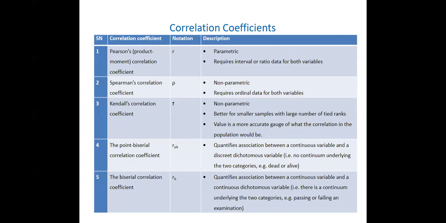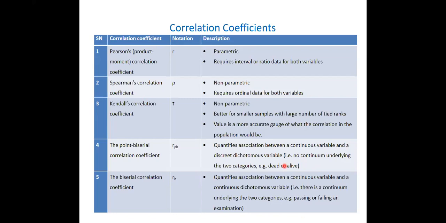So if you now correlate diabetic yes or no with maybe blood pressure, which is a continuous variable, that is a biserial correlation. But let's say you correlate systolic blood pressure with male or female, where male is 1, female is 0, or female is 1, male is 0, that is a point biserial correlation because the dichotomous variable does not have an underlying continuum. But if it has an underlying continuum, originally there's a number, they just have a cutoff, like anemia.